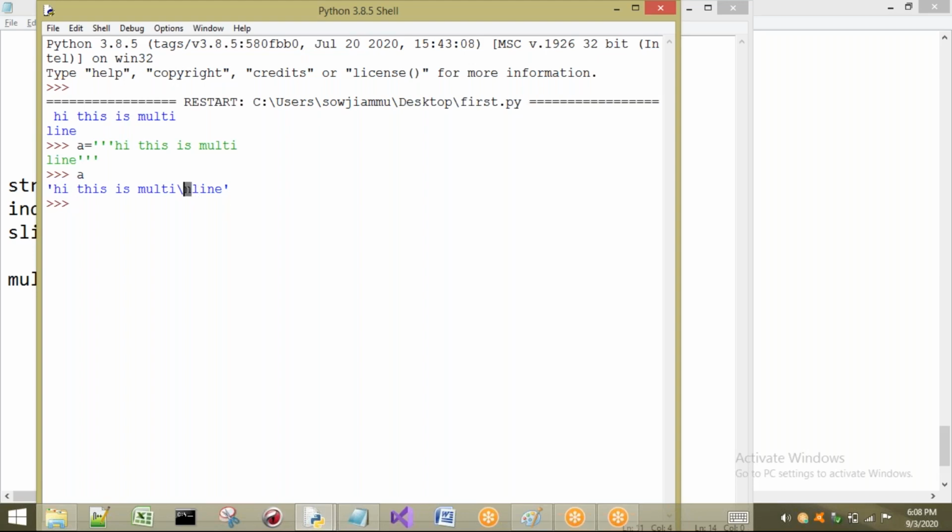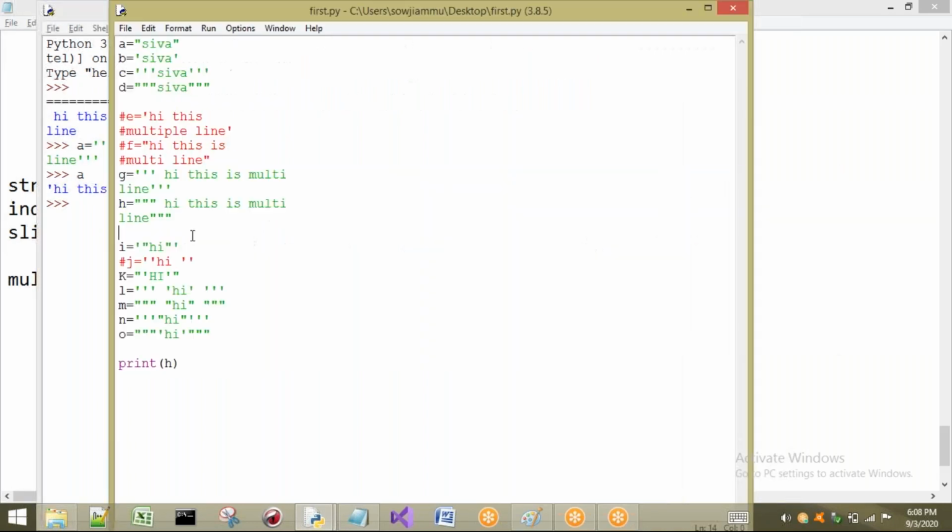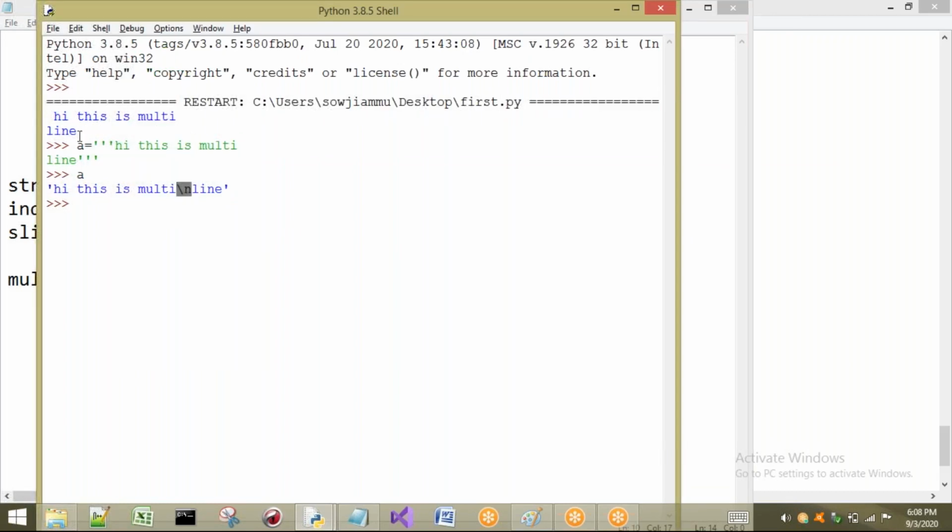This indicates what? This is going to indicate the next line. That means this line is going to print in the next line only. Instead of going to the next line, it has printed as what? Slash n. But if you write it in a program, you are going to get multiple lines. Here slash n is not there. Why is slash n not there? Slash n is nothing but a new line. Automatically it is not printed, it has executed, so that the line is printed in the second line.